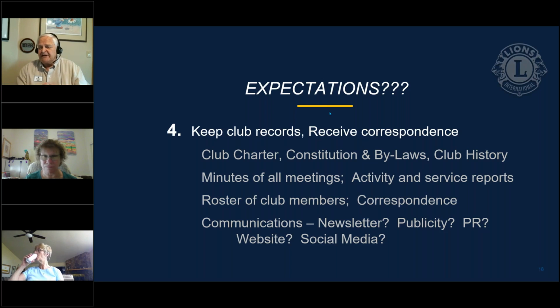But the idea would be, let's make sure that somebody else has a job to do. Somebody else can be the club newsletter editor. You've got a website. Well, maybe somebody else handles the website and makes sure that the agenda gets posted onto the website, that the minutes get posted onto the website. That's not necessarily the secretary that has to do that, but if that's something that your club wants to do, it's part of your culture, it's part of your way of communicating,